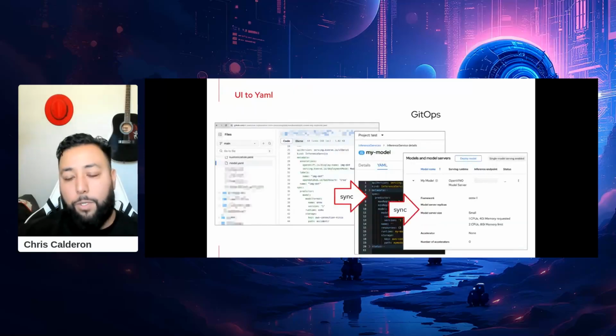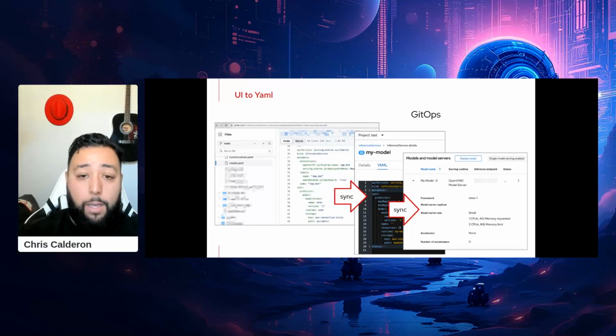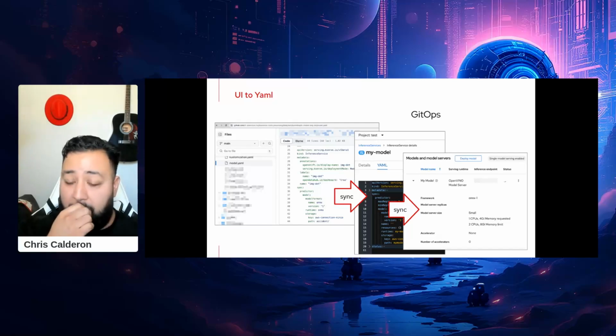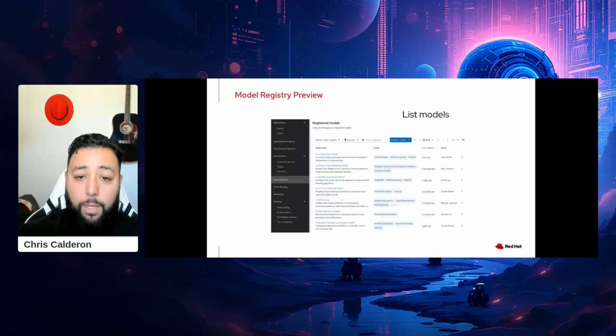Again, enforcing and embracing that GitOps feature that you get from regular OpenShift, working whether you're in the UI, all the way to the YAML, and anything in between. You're able to import any of your favorite runtimes, any of your favorite languages, and deploy them as code very, very quickly. Something also available that we're baking in is the model registry, where again, through code, you're